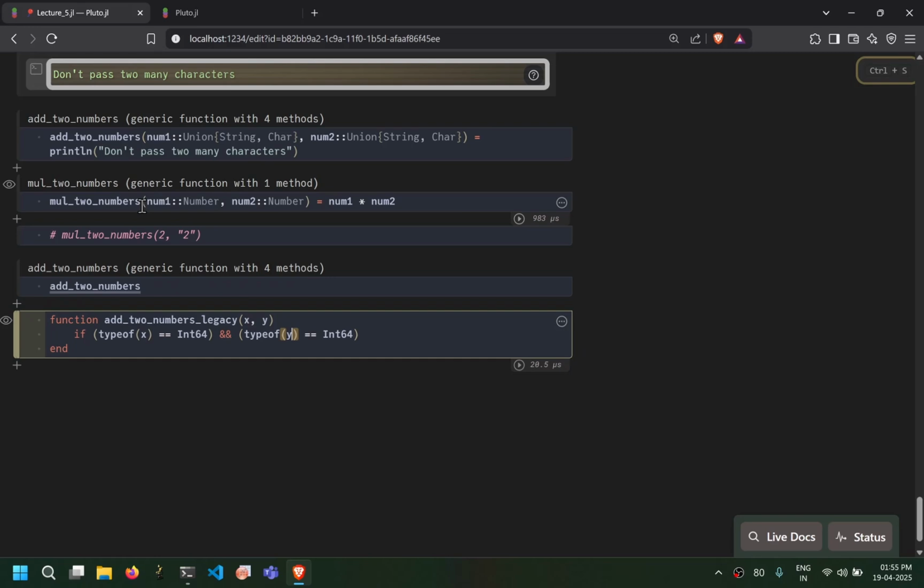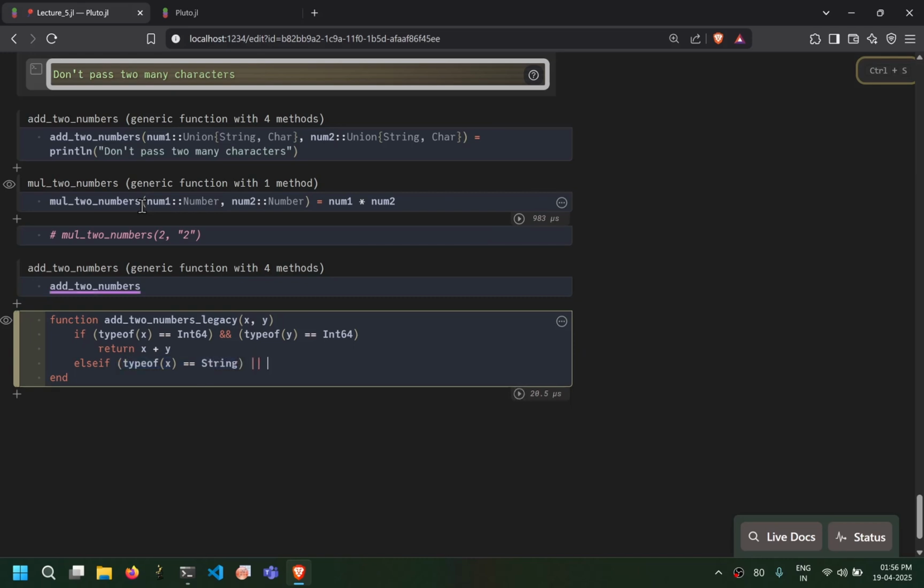If the type of y is also Int64, then it will return x plus y. Else if the type of x is String or Char, or y is Char or y is String, then in that case